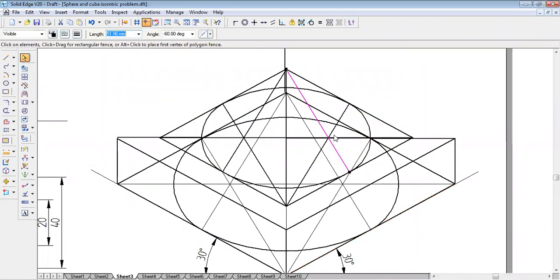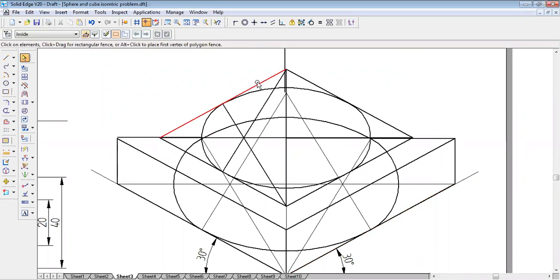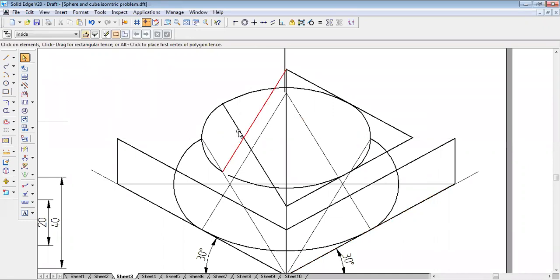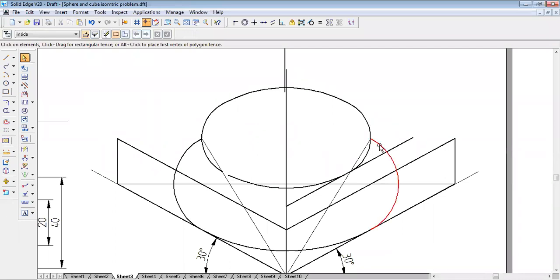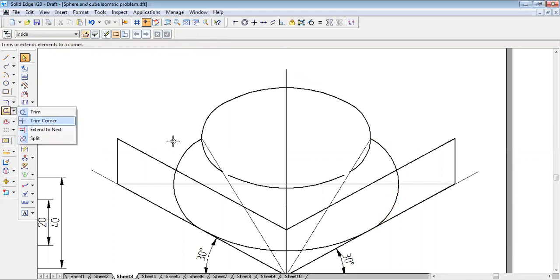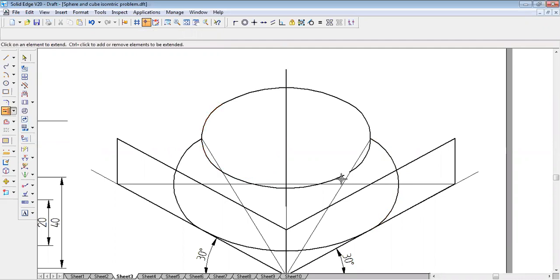Just remove the inner lines, so that you don't get any confusion. Like this, you can remove the portions.